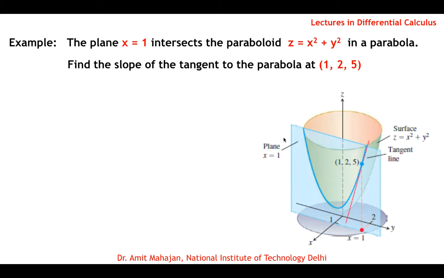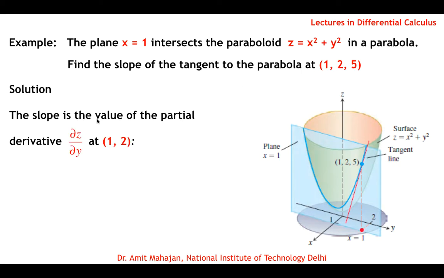Okay, so one of the variables is fixed, then that means we are trying to find the slope in the other direction, in the direction of y. So we have to differentiate this partially with respect to y, and then calculate the slope at this point. Okay, so the slope is the value of partial derivative of z with respect to y at (1, 2). You can simply differentiate this with respect to y, treating x as constant, so it will give 2y only, and at the point (1, 2, 5), or simply y equal to 2, it will give 4. Okay, or you can also do that because they intersect in a parabola, so you can calculate the equation of the parabola, which will be z is equal to 1 plus y squared, and then you can differentiate with respect to y, again it will give the same thing. Okay,